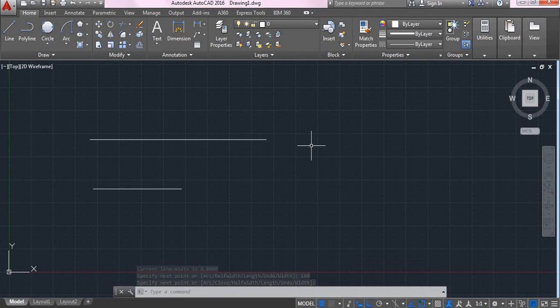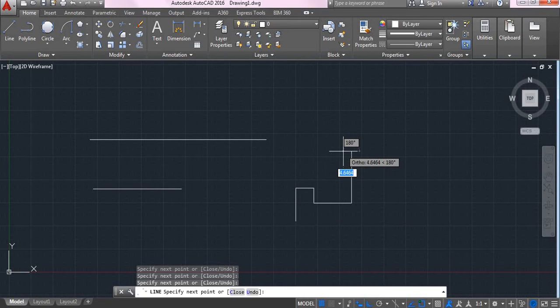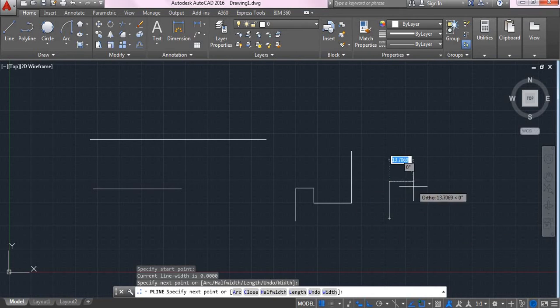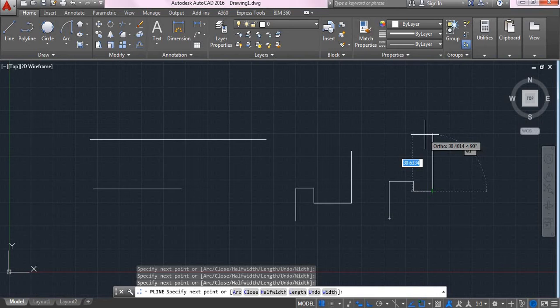But the major difference between the line and polyline is, say for example, I will be selecting a line and drawing a profile, some random profile like this. And also with the help of polyline, I will be drawing one random profile, say like this.